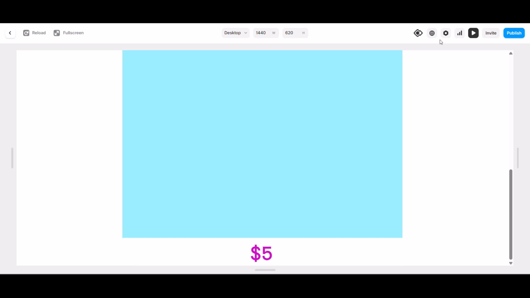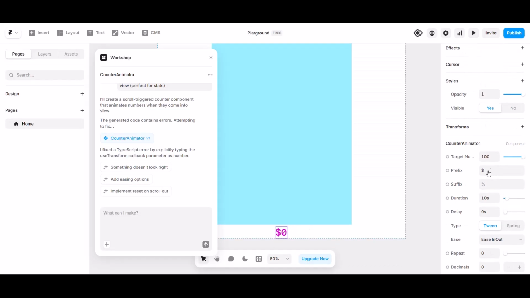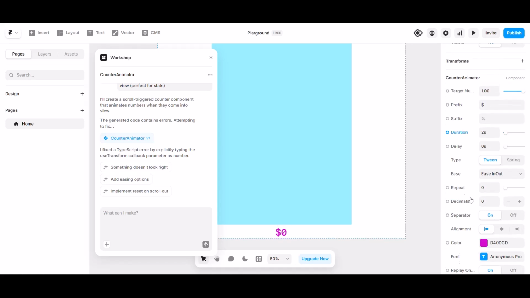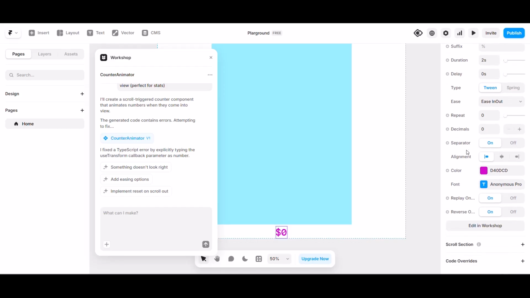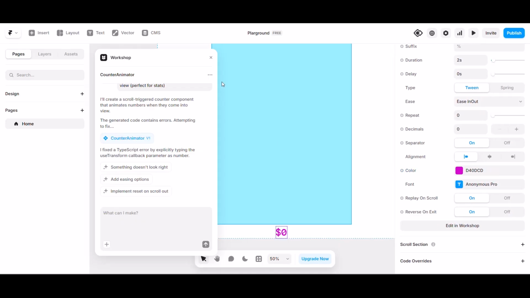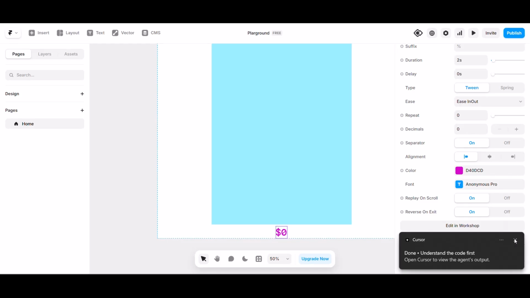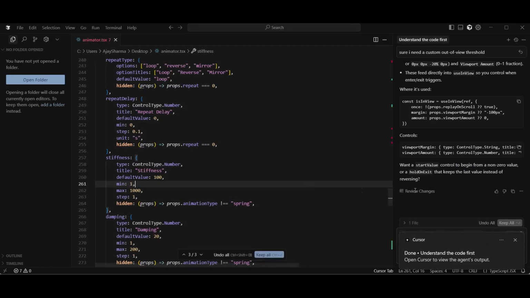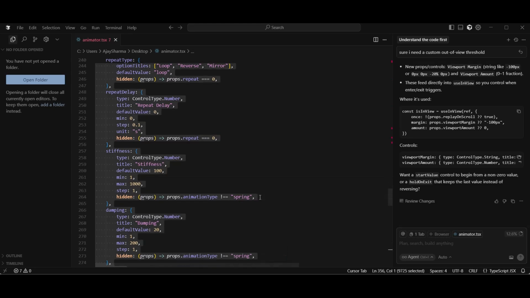So okay, let me just change the counter. It's really slow and I don't really like it right now, so let's say 2 seconds, right? So let's see what all things are added. Like we have replay on scroll and reverse on exit, right? So here if you can see, let me make it a little bit bigger. So let's close this workshop because we are not going to need this again, and the cursor is done, so let's see that also. So it added some of the values. Let's keep this, Control A, Control C,